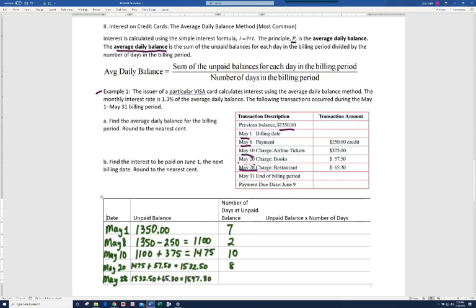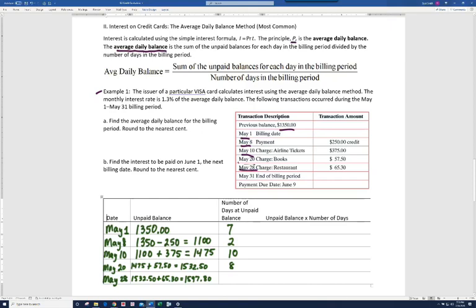And so our new balance is $1,597.80. Now it's this last charge that you've got to be a little more careful counting your days. The balance is going to be at this amount on the 28th, the 29th, and the 31st. That's actually 3 days. So if you subtract 31 minus